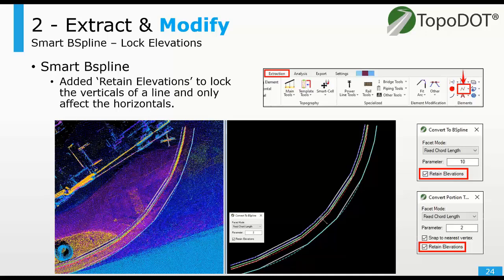All right, Smart B-Spline. Similar concept, locking elevations, different tool. So we've added that retain elevations for both tools here, so you've got a B-Spline tool that does the whole element, and then you've got one that does a partial part of the element. But essentially,